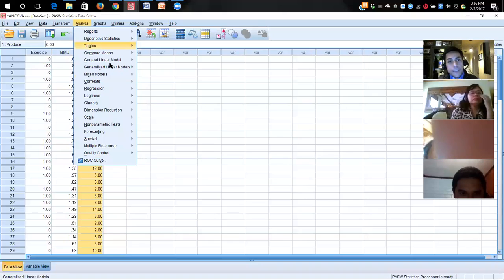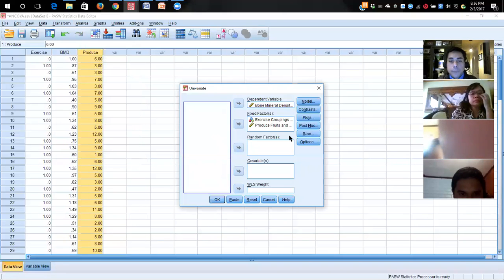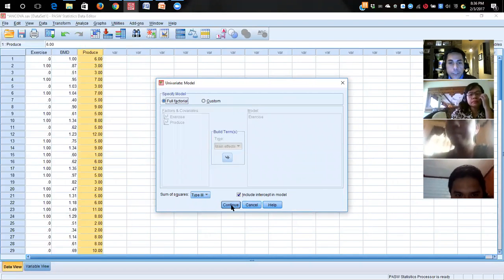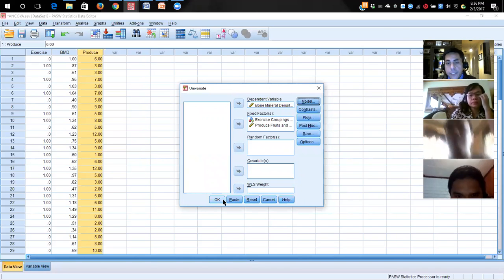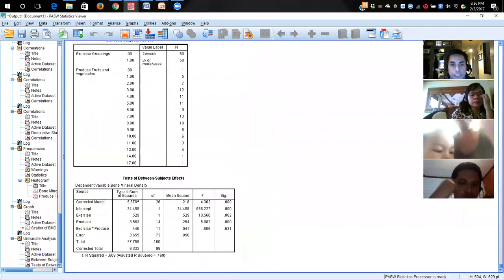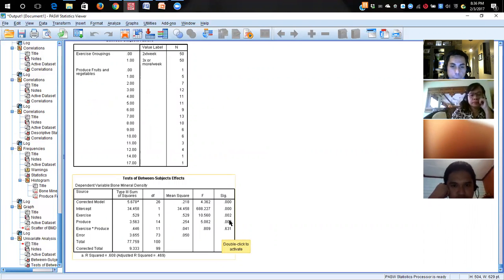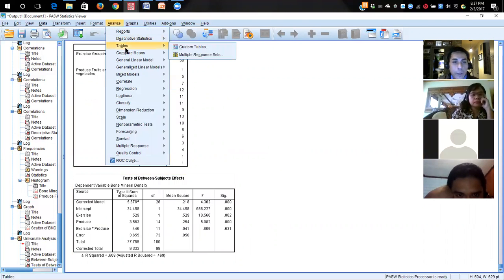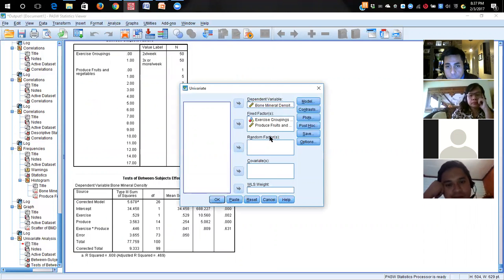So we analyze general linear model, we do univariate, and that's already there. And our model is full factorial, and we just plug that in. And this is exactly the output that we see on SPSS. Right here. The produce was significant, exercise was significant, the interaction was not significant. But then we do the second one where we do the univariate, and then we put the produce